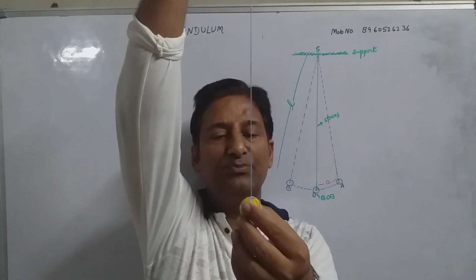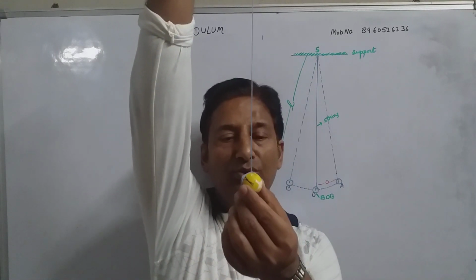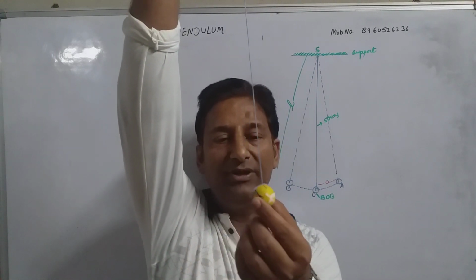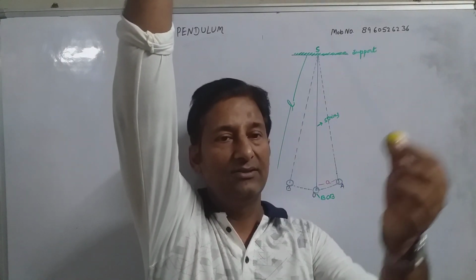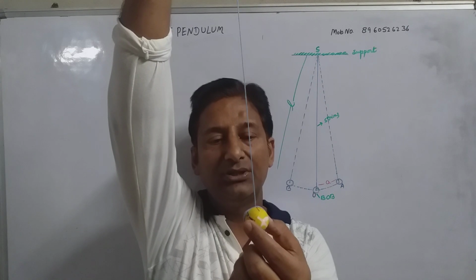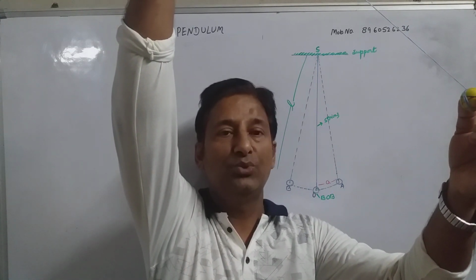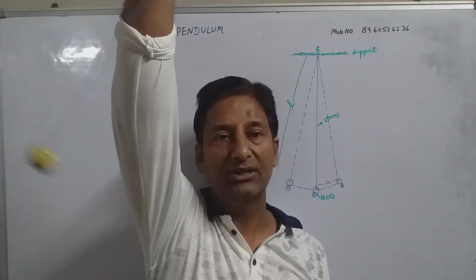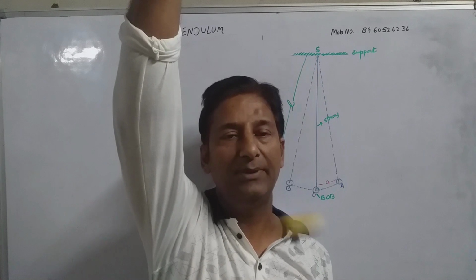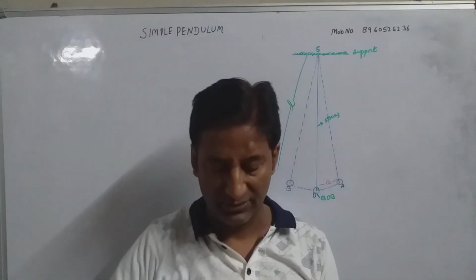Now, this position of the simple pendulum is known as the mean position. What is this position known as? Mean position. Now, when this moves to this side, displacement takes place. This distance from the mean position to this point is known as amplitude. Now see, again it comes into motion, which is known as simple harmonic motion. Right? Now there are some related terms.